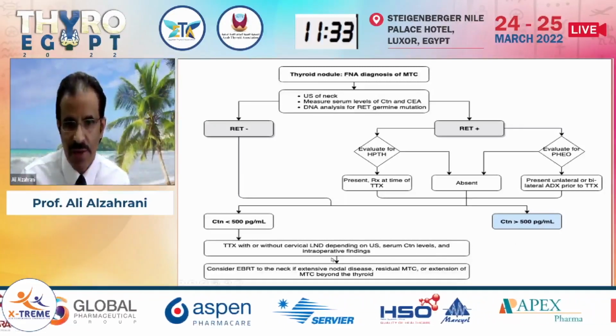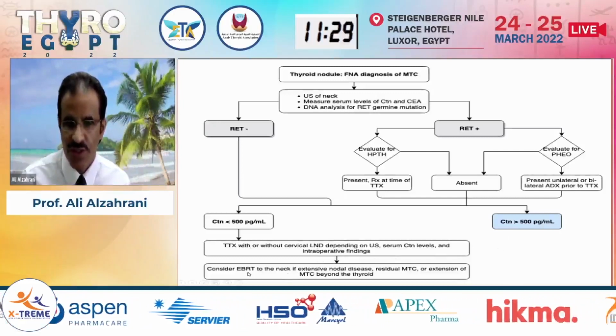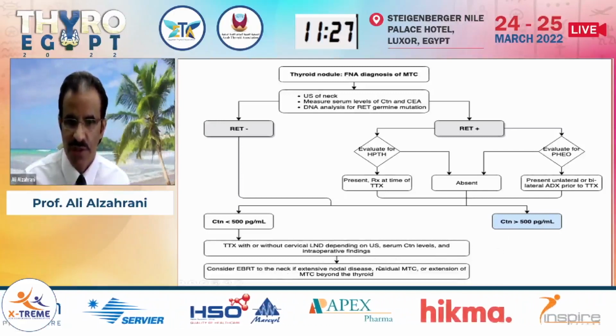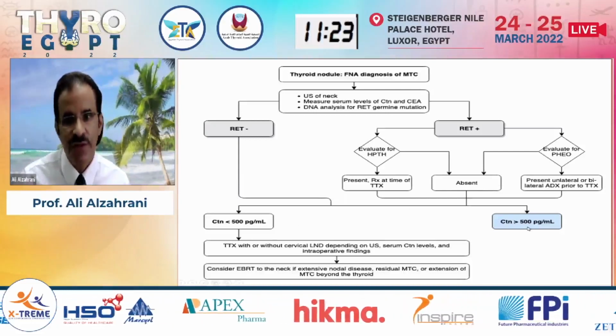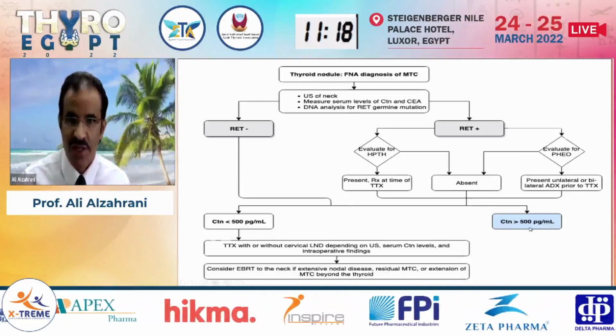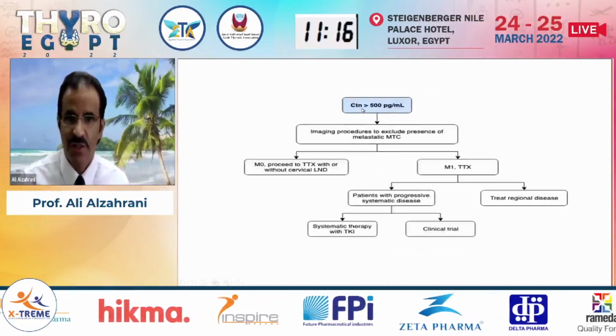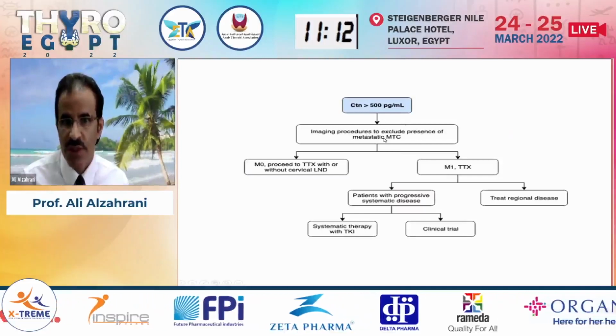And then if there is residual disease after the surgery, you may consider external beam radiotherapy or other types of local therapy. If calcitonin is more than 500, there is a very high chance that the patient has distant metastasis. And this takes us to the next slide, where before proceeding with thyroidectomy, you need to do